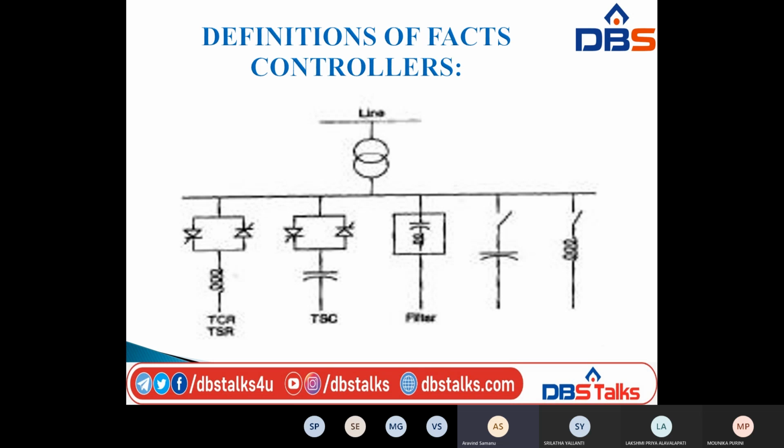If you observe the first diagram, it is for both thyristor controlled reactor and thyristor switched reactor. These two are subsets of SVC. Here it is made up of several shunt connected inductors which are switched in and out by thyristor switches without any firing angle control. Why? Because we need to achieve the required step changes in the reactive power consumed from the system.